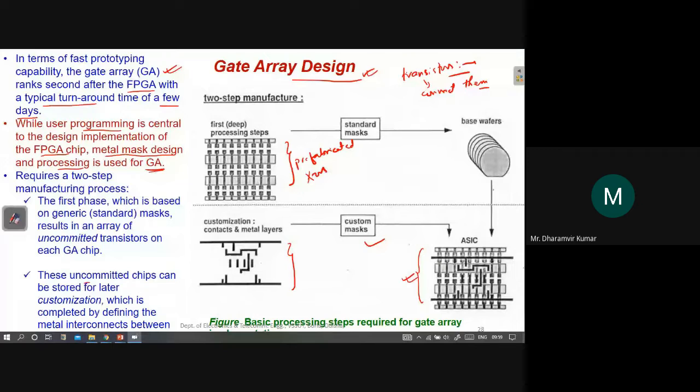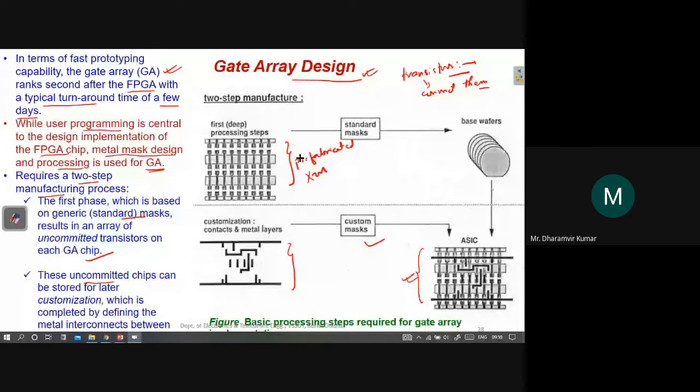All right, so this is the concept here. It is a two-step manufacturing process. The first phase, which is based on generic standard masks, results in an array of uncommitted transistors on each gate array chip. So these are the uncommitted transistors which we will get on these wafers.